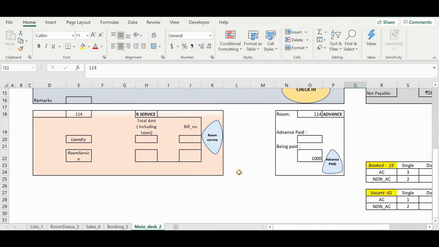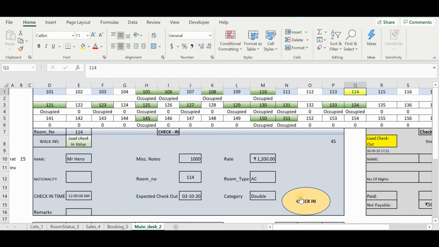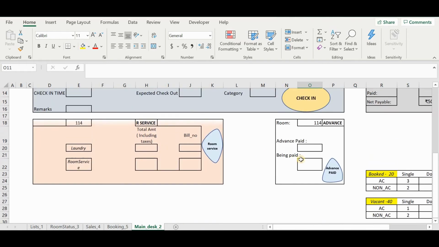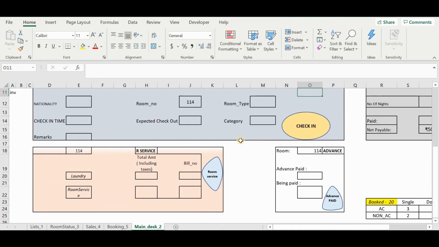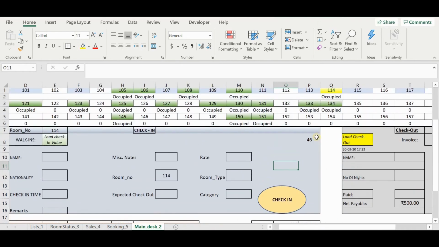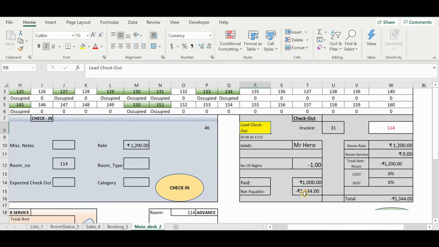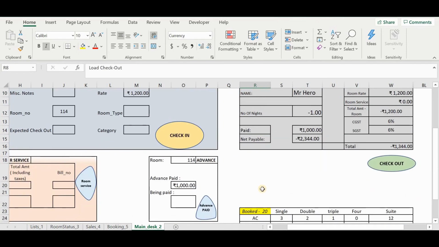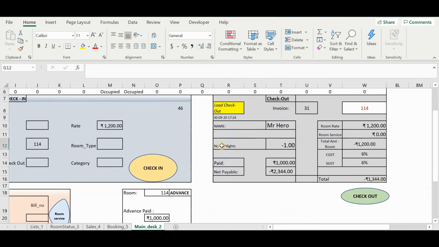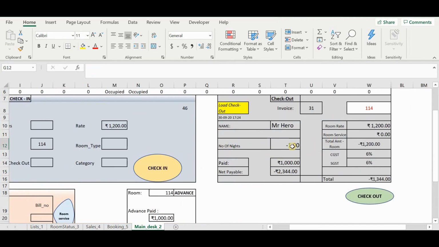So what we will do now, as we do a check-in for him, we will come here and we will also click here. So automatically this is being done. The advance amount has already been taken care of. Now let me show you, if I want to check say 114, see it is showing advance amount of 1,000 rupees already paid. The reason it is showing -1 actually is because today is the 30th of September and the check-in date is 1st October, which is not possible. So just because it's a demo, it is -1. Otherwise, it can never come negative.